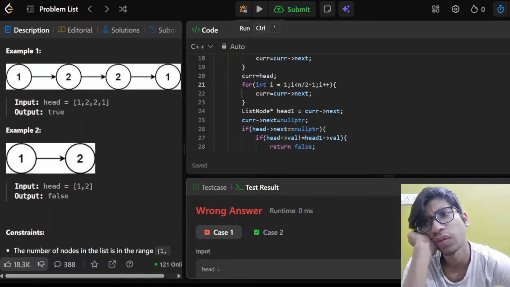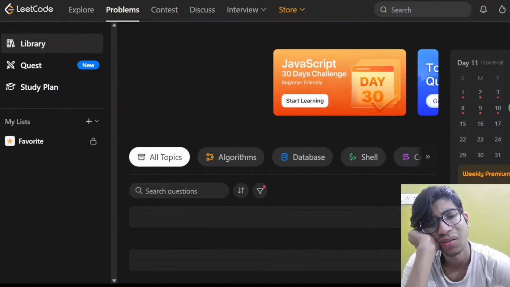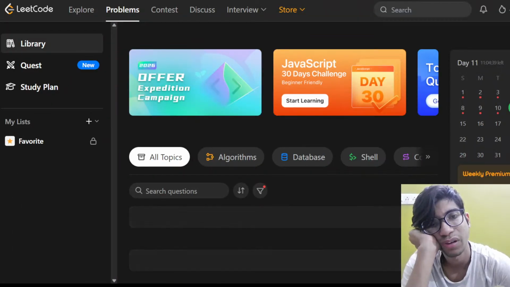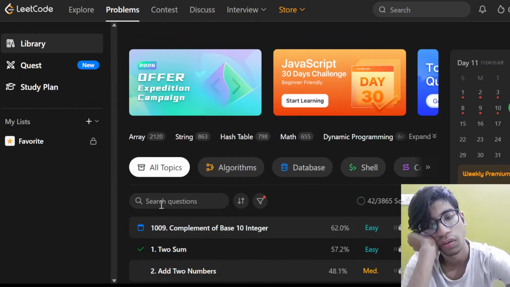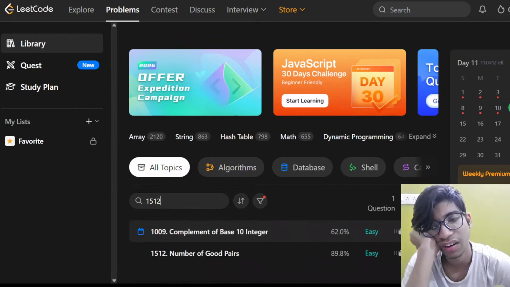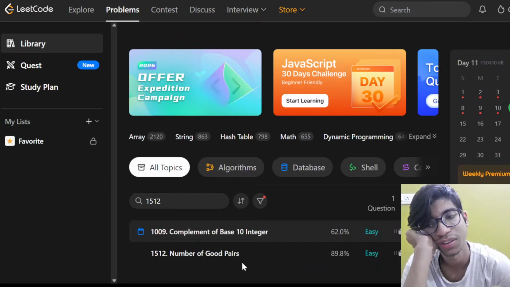I will do this tomorrow maybe then. But now I want a question from some other topic. I've been doing linked list for 3 days, I guess. I need to switch to trees, I guess. Binary search is there. I love binary search. Okay, it says 1512. 1512, man, the headache is incredible. I feel like side up most of the times.